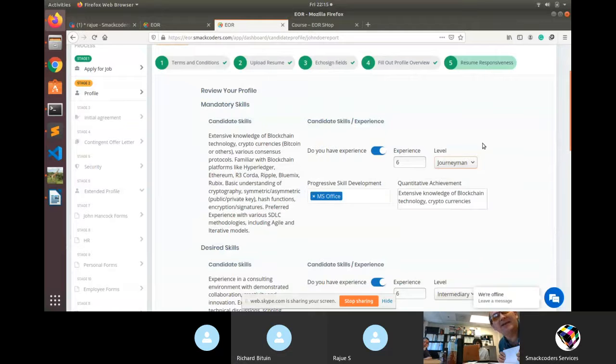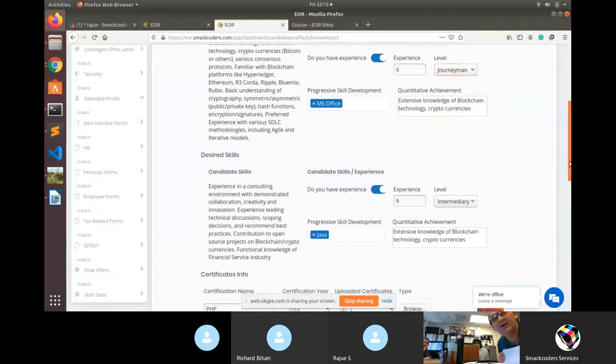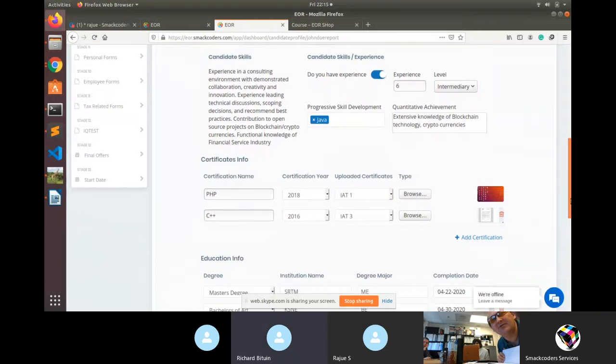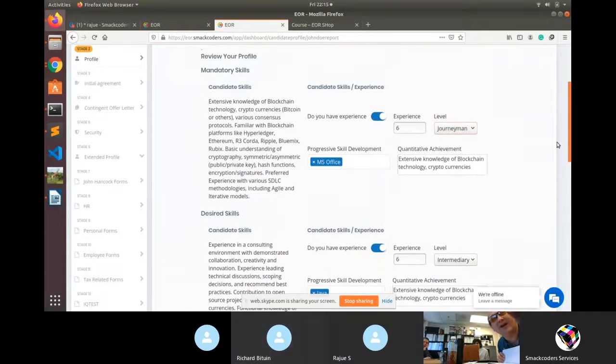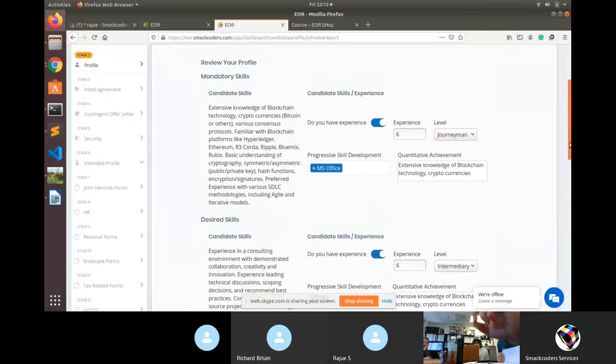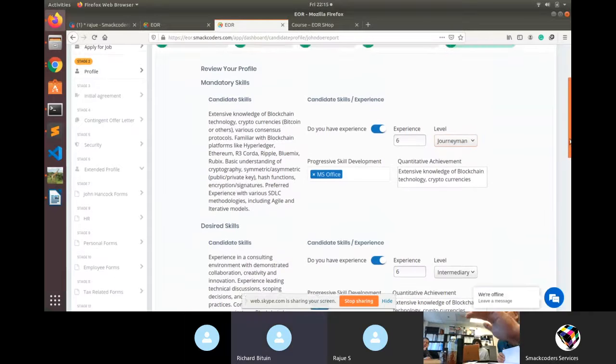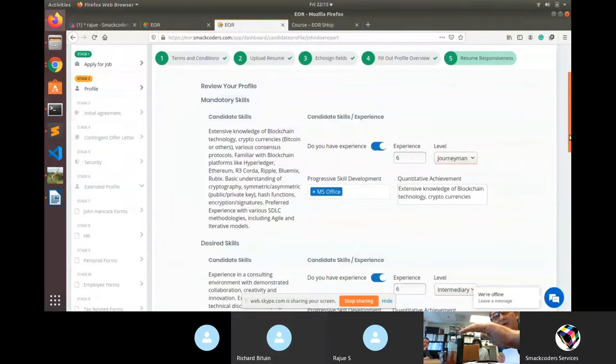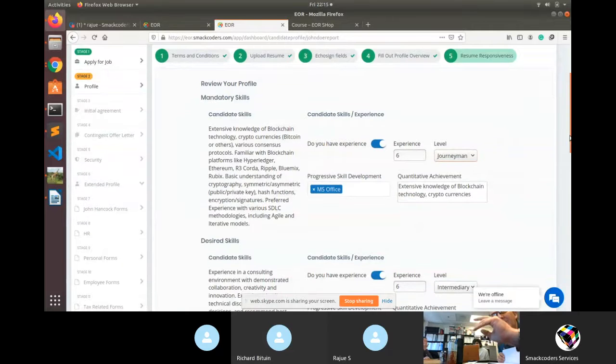And then in here, I'm just going to share what we'll do in the future when we parse out the candidate skills. Go back up real quick. Scroll up. Every single time that we have one phrase or one comma: extensive knowledge of blockchain technology is one mandatory skill. Cryptocurrency, Bitcoin, and others could be a sub one. And then various consensus protocols. Those are at least 2 or 3 different mandatory requirements, even though it's in one. The familiarization with blockchains like Hyperledger, Ethereum, R3 Corda, Ripple, those are individual requirements. So it needs to be parsed out.